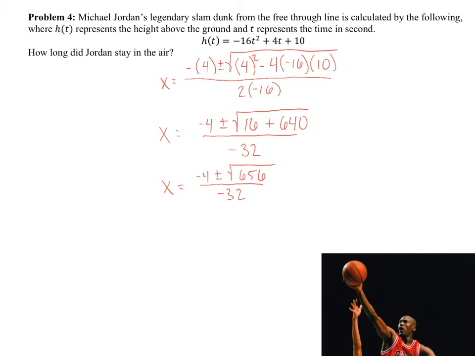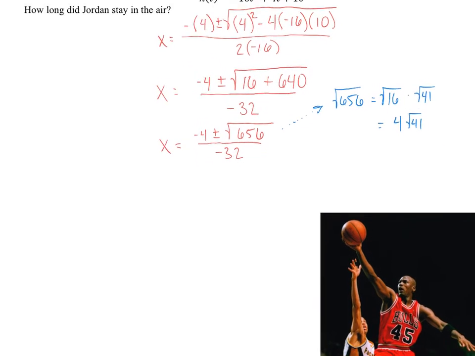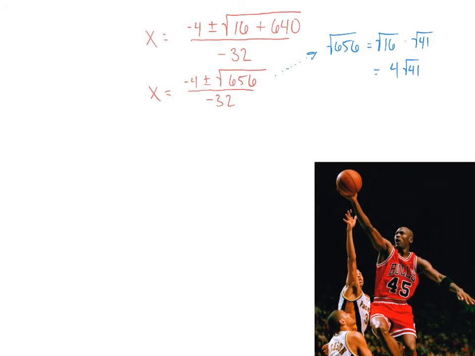So let's first talk about how to break this thing down. We have this 656 that we're really hoping is a perfect square. Well, the square root of 656 has a perfect square embedded inside of it. One of its factors is 16, and the square root of 16, as we know, is 4. So we can simplify this thing to 4 radical 41. And that doesn't change our answer at all. It's going to make things a lot easier on us, though, when we start to simplify this a little bit further. So let's rewrite it that way,